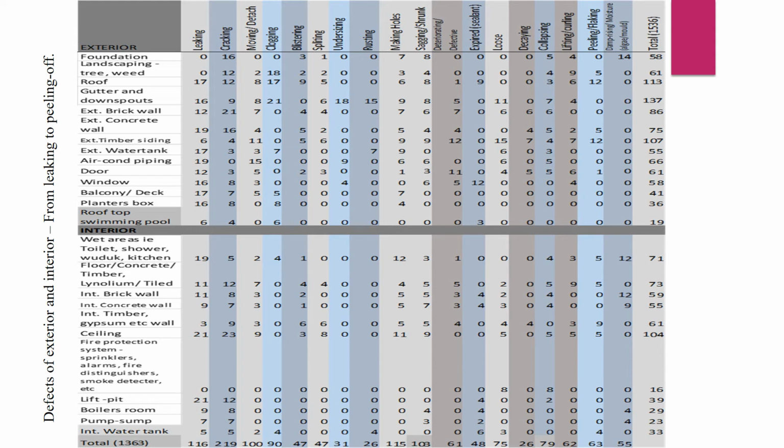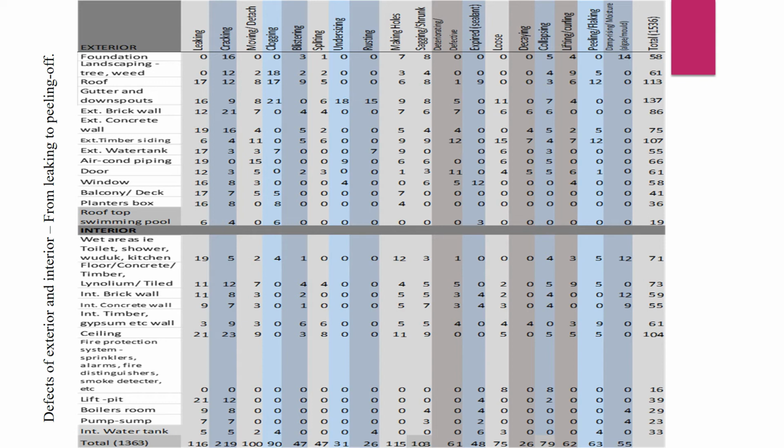Okay, the total of the defects is about 1,500, and it involves all the exterior building components: the exterior brick wall or exterior concrete wall, doors, windows, planter box, foundation, landscaping, roof, gutter. I think it's including this RWDP, as well as there's another category, number 2, which is on the wet areas,